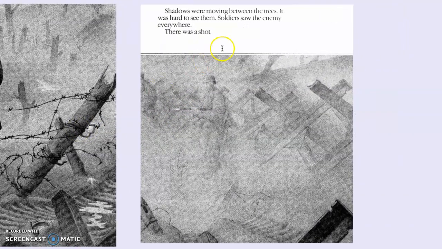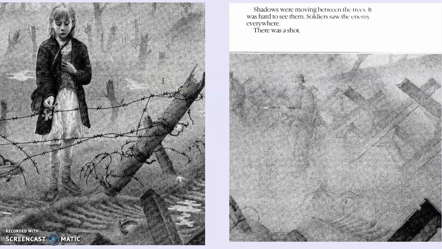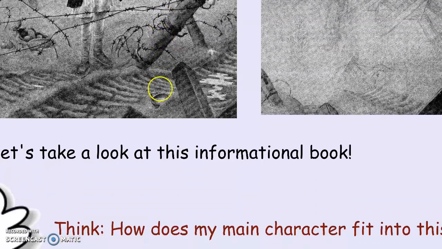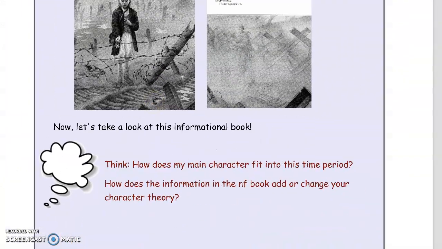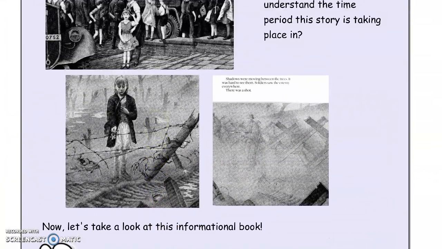Okay, and we know this because in the text it reads, "Shadows were moving between the trees. It was hard to see them. Soldiers saw the enemy everywhere. There was a shot." Okay, so now that we learned where she fits into history based on the text,